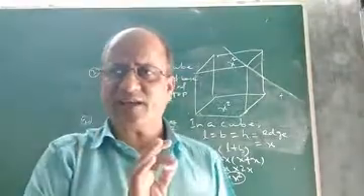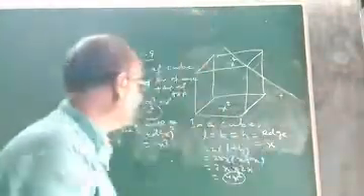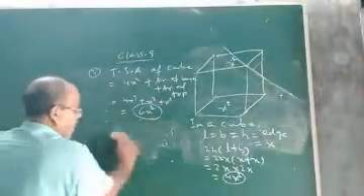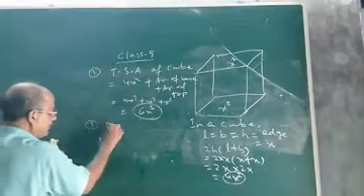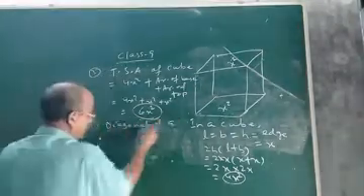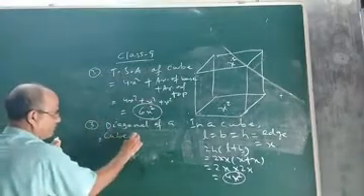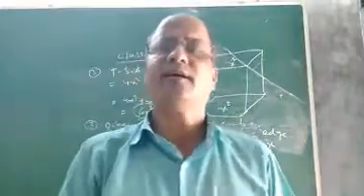There are 6 squares in a cube, so the total surface area will be 6 into x square. Okay. So now what will be the diagonal of a cube? You see, how to calculate the diagonal of a cube. In case of cuboid, just recall, just a few minutes ago I said that the